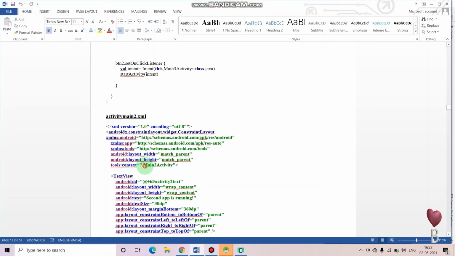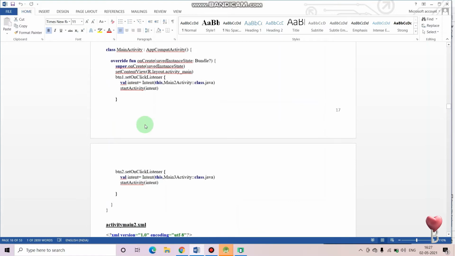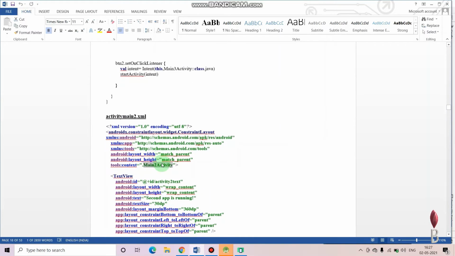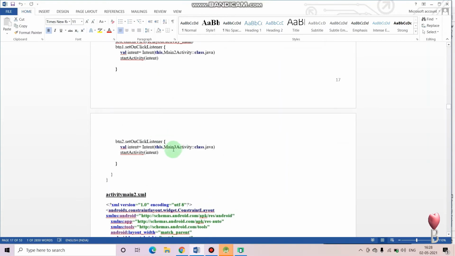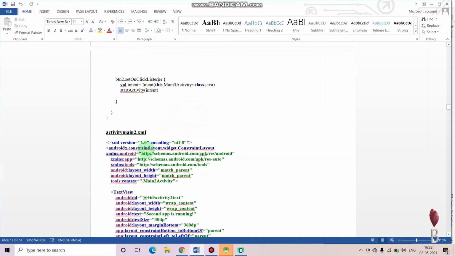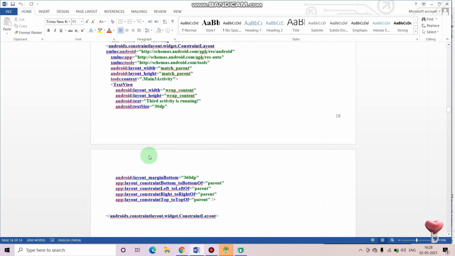You can see here, this is the button 2 place. Whichever activity you want to move to using button 2, you have to specify that. So, hope you guys got this explanation.